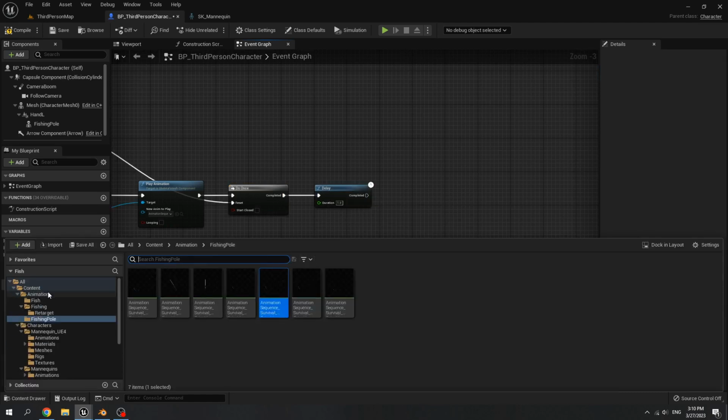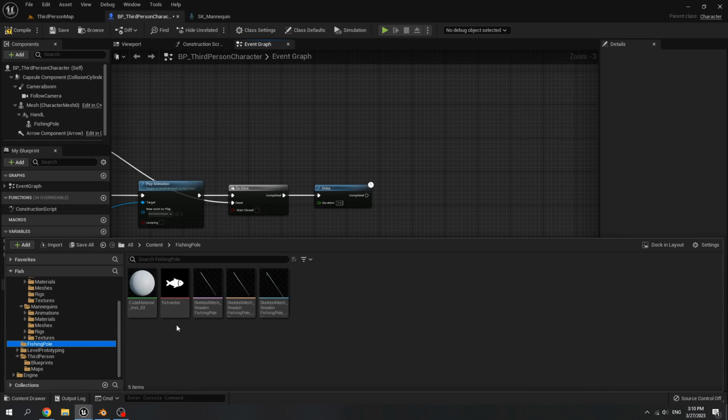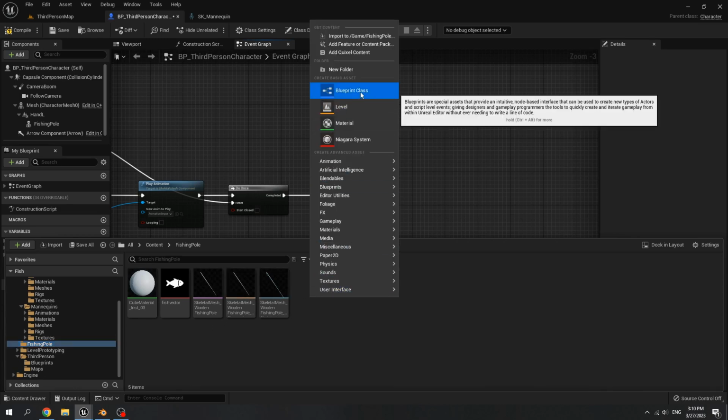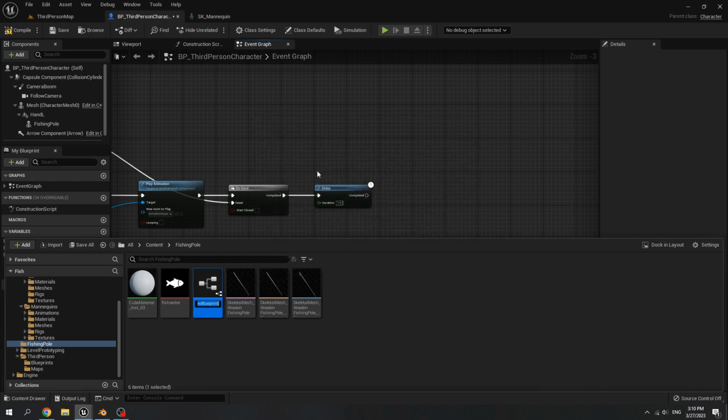Then go to our fishing pole folder. Right click. Blueprint class actor. Name it BP Fish Attractor.